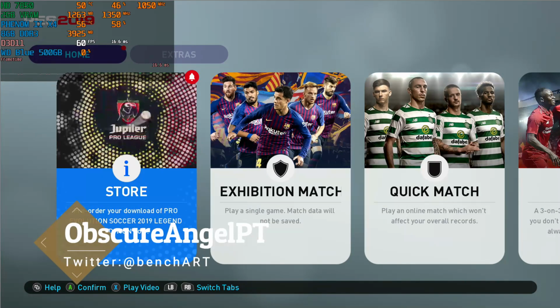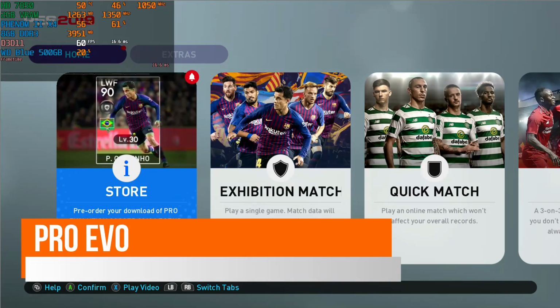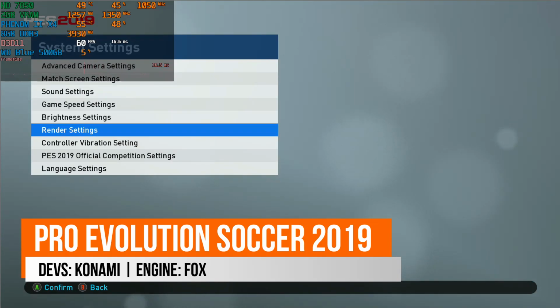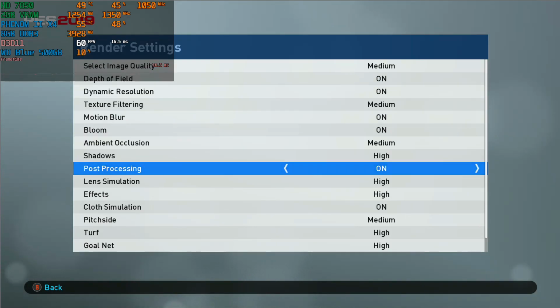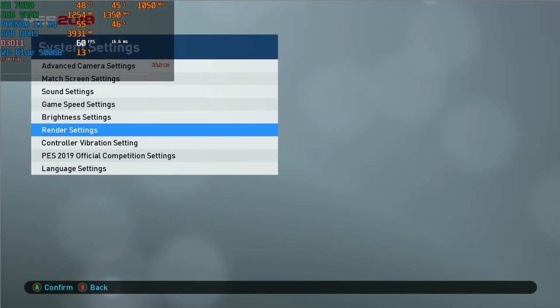I'm the Obscure Joe PT, and for today what I have in here is Pro Evolution Soccer 2019, the demo, okay? The game was developed by Konami, which is pretty much the only game they have now, and they are using the Fox engine, the engine behind the other Pro Evolution Soccers and also Metal Gear Solid 5. So for the settings on this video, I will be using the median settings,